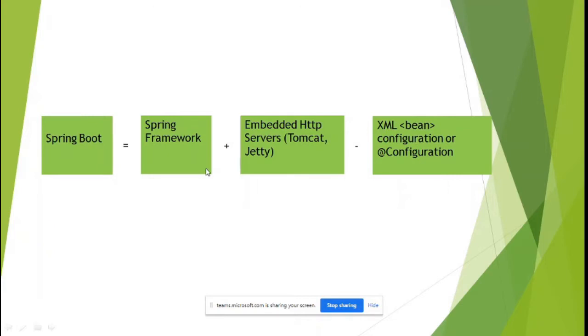Embedded servers you have, so we don't need an explicit server here. That's another advantage. Now you can understand that Spring Boot is nothing but the entire Spring framework with embedded containers and with the configuration part eliminated. That is why we always call Spring Boot a very simplified framework to develop server side applications.